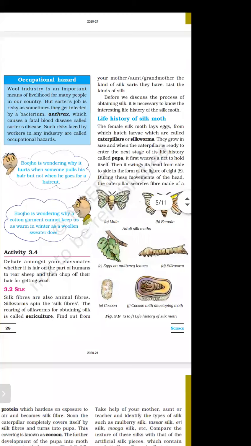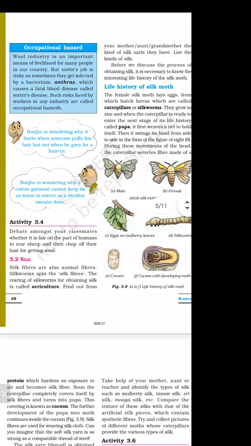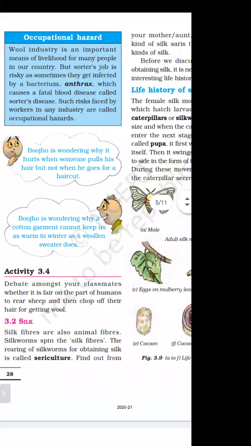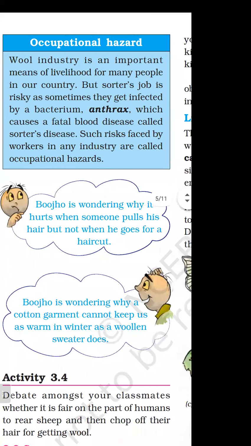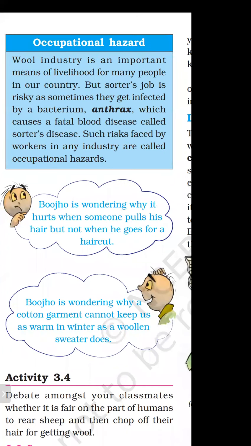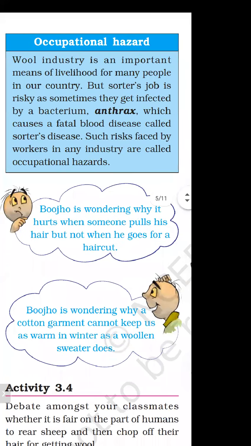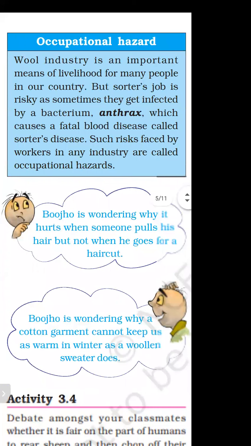Before moving to the topic, we discuss the blue box: occupational hazard. Hazard means if a worker is working in a factory, there are some risks, some problems related to their health. These are known as hazards. The wool industry is an important means of livelihood for many people in our country. Most of the people depend on the wool industry in our country, but the sorter's job is risky as sometimes they